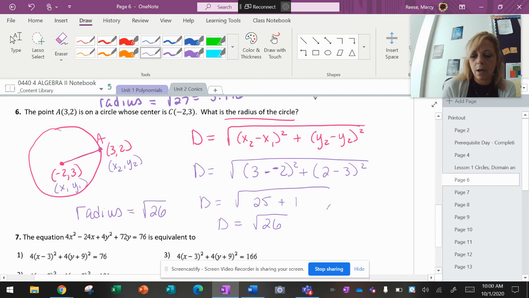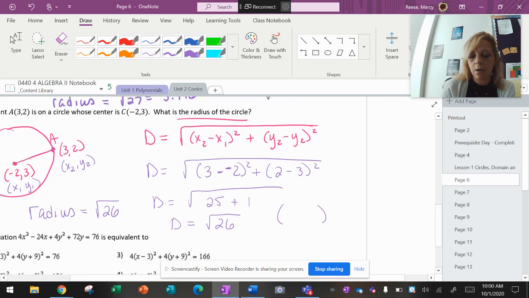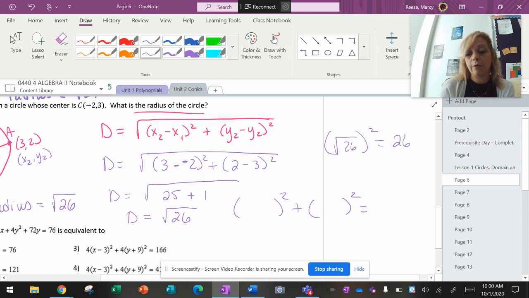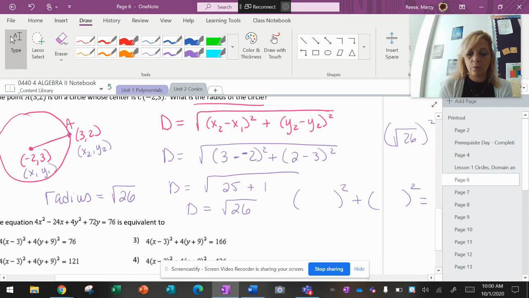So you would square the square root of 26. When you have a square root and you square it, it comes out of its square root. So that would be 26. And then the radius,